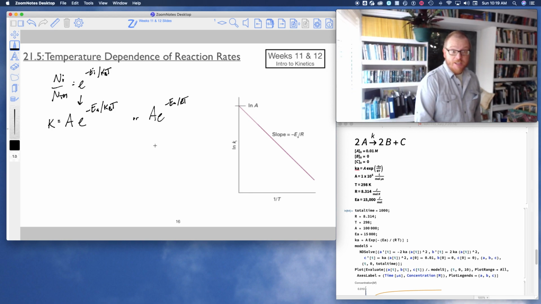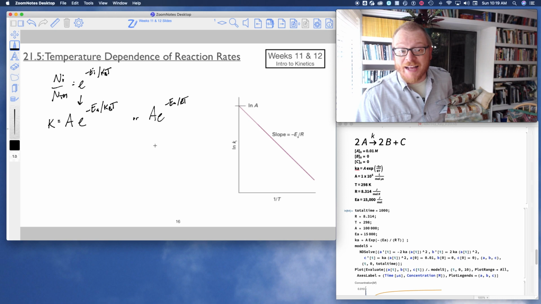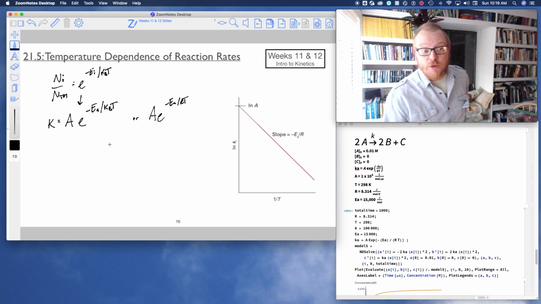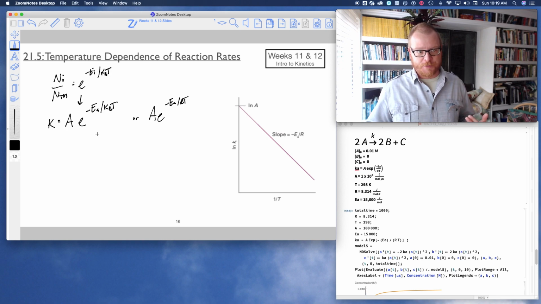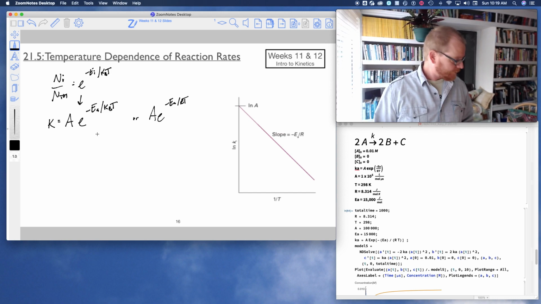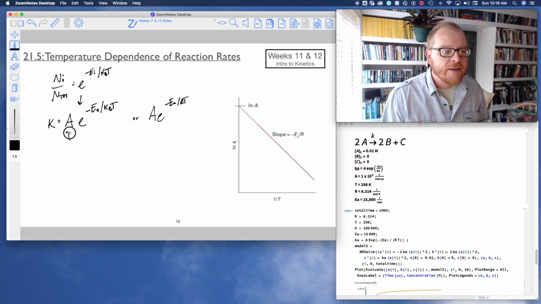All right? So it's the same form as the molecular partition function. So this exponential really is giving us the fraction of molecules with sufficient energy to overcome the activation energy. Okay? So this A is called the